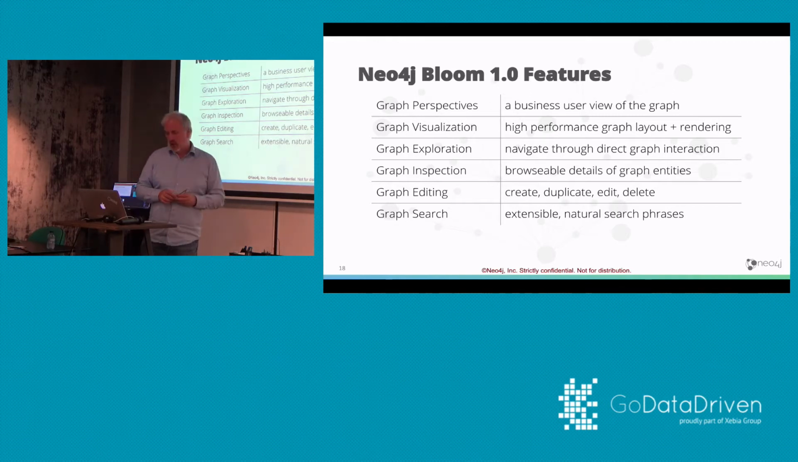So what terms do we have in Bloom? We have graph perspectives, which means you can have multiple perspectives on the same graph, and you can define per perspective which labels, or which categories in Bloom language, you want to include in your view, so you can have different views on the same data. And yeah, I already said visualization, it's a high performance visualization. And that was the big step for this first release, to get that right. And it is very powerful in then